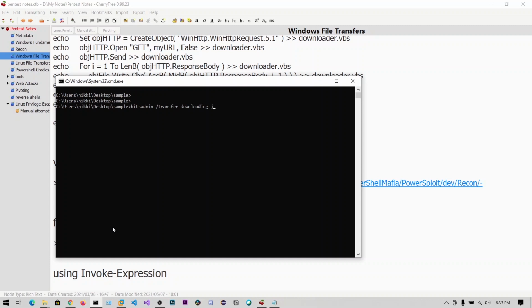and then we need to specify the source. And let's say the destination, this current directory.